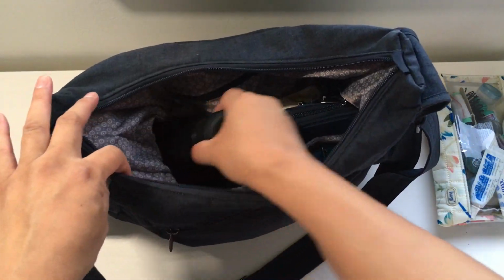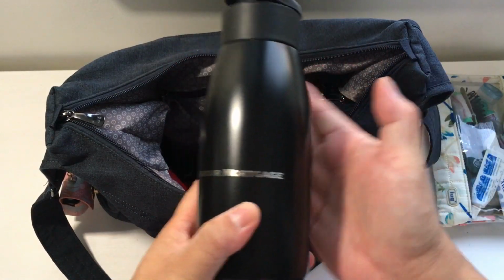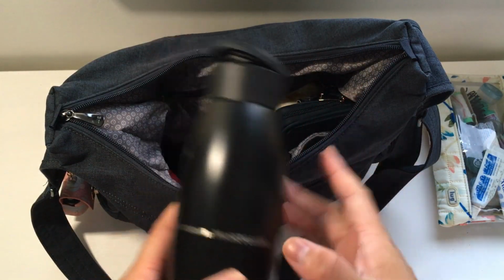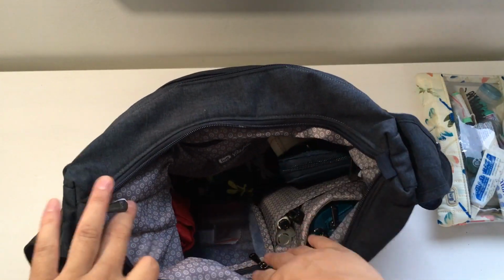Okay, I have a water bottle, which I could fit on the outside because it's short enough, but I kind of like keeping it on the inside because then I know for sure I haven't lost it. So I got a water bottle in there, and I also have